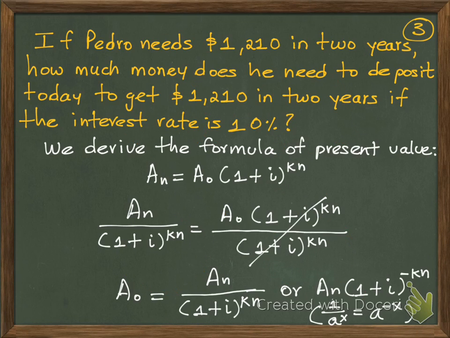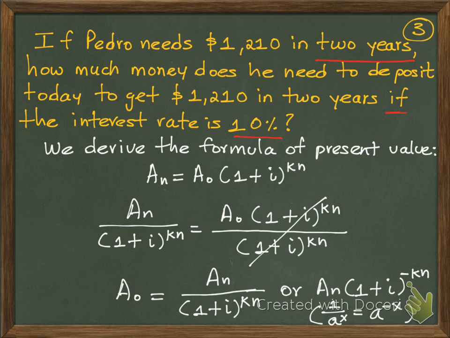For example, suppose that Pedro needs 1,210 pesos in 2 years. So how much money does he need to deposit today to get 1,210? That's the money that he wants to have in 2 years. If the interest rate is 10%,